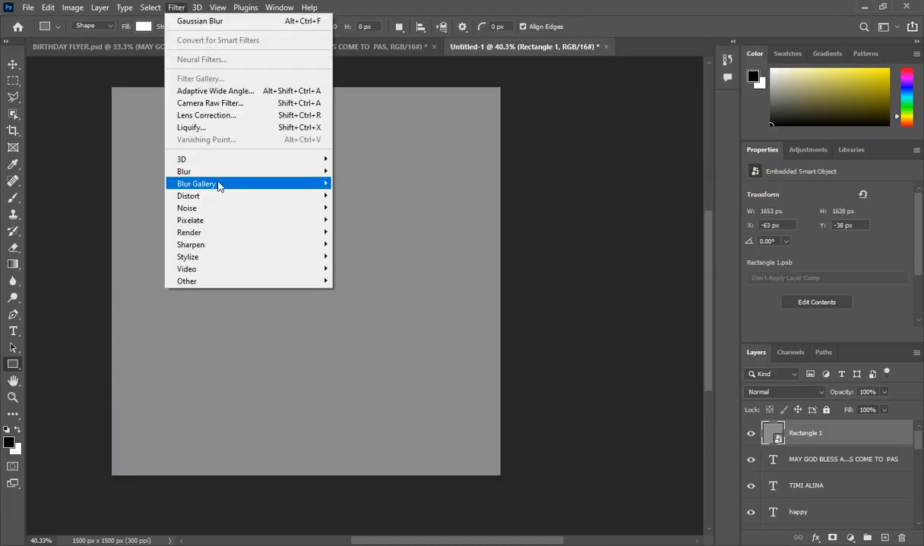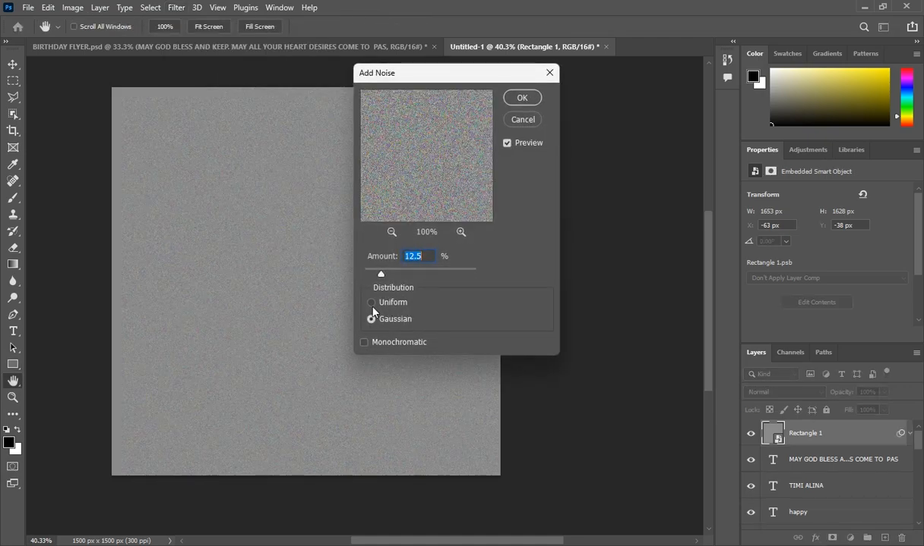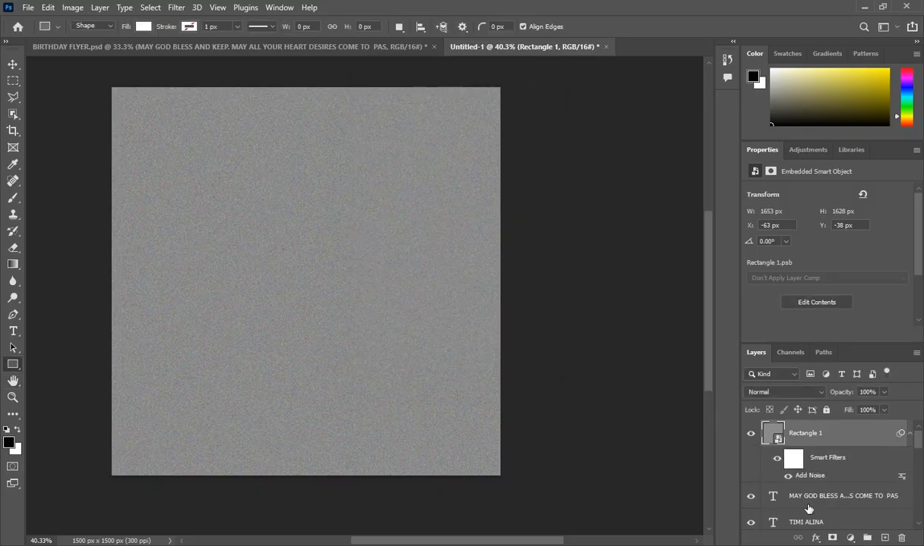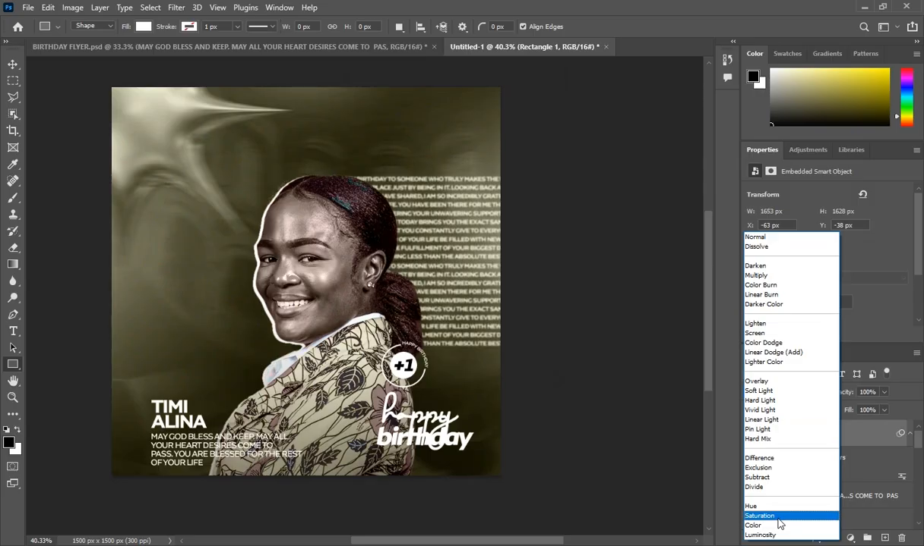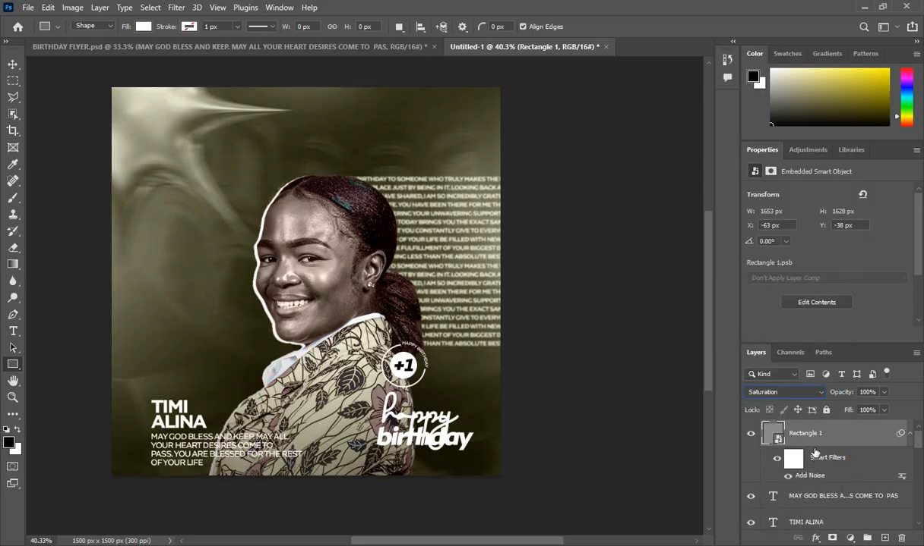Then you go to filter and then noise, right? You add noise. It should be 12.5, it's okay, but make sure if it is uniform, make sure I change it to Gaussian, and then you press OK. Then the blend mode should be saturation, right? The blend mode should be saturation. Then you reduce the opacity to about 36 or maybe 35, right? No, let's make it 40, right? Yes, so after reducing the opacity to 40,